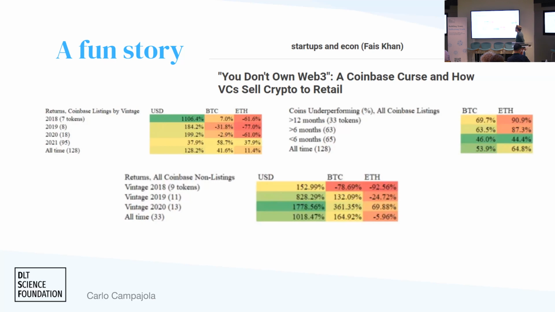Okay, so actually this is a fun story, and if you're interested, read the post. There is a lot more there, but basically it's building a case for the fact that these tokens that underperformed were being dumped on the market by the early backers, the guys that were pre-allocated the funds, as soon as they were listed on an exchange. They would dump the tokens to the market and basically leave with the money, dumping on retail. So,